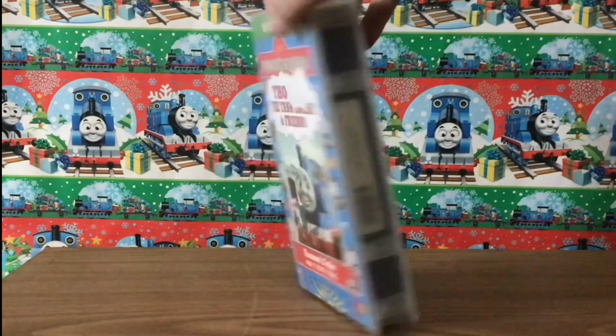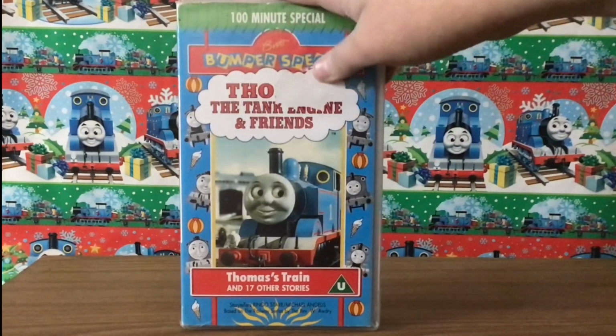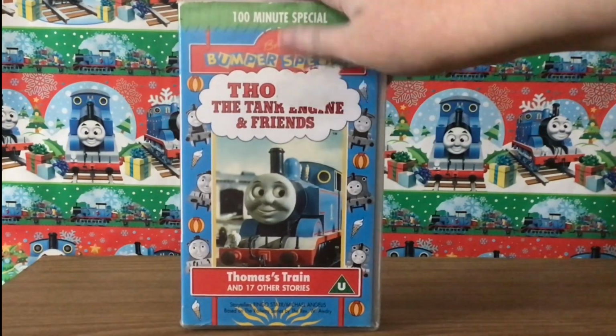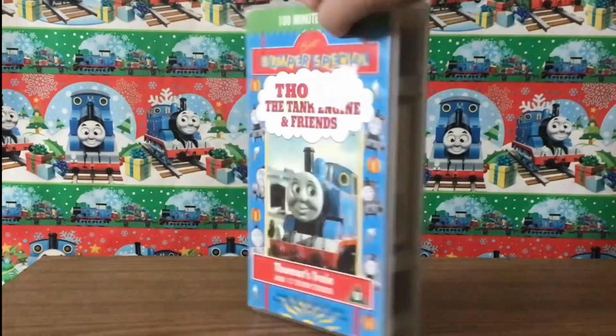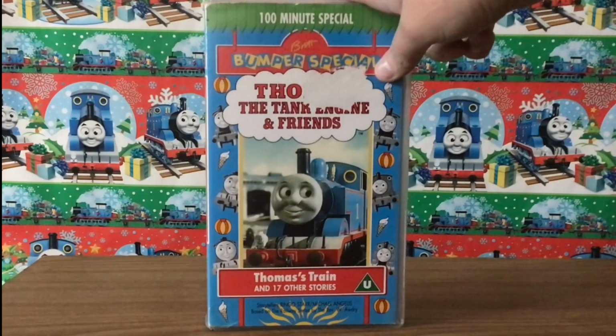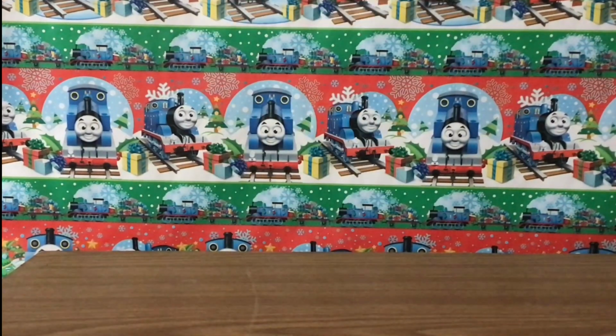Got some pretty lit ones on here. I'm actually not really too bothered all that much that the logo is kind of ripped. I might actually get a replacement case for this soon, but not anytime soon. I have been after this tape, I want to say, a good 5 years, and holy cow, I actually have